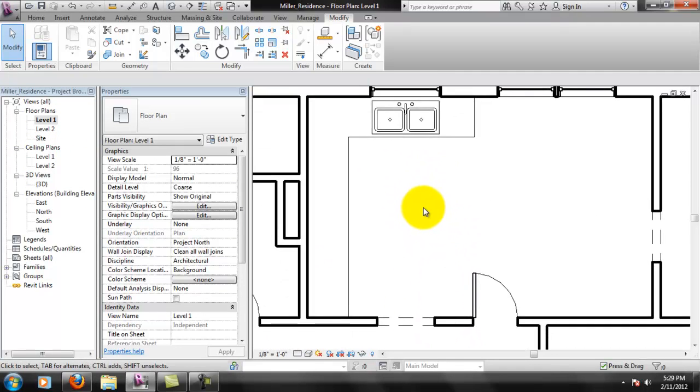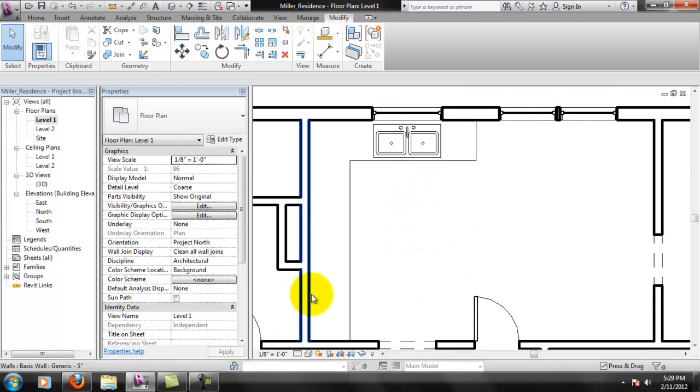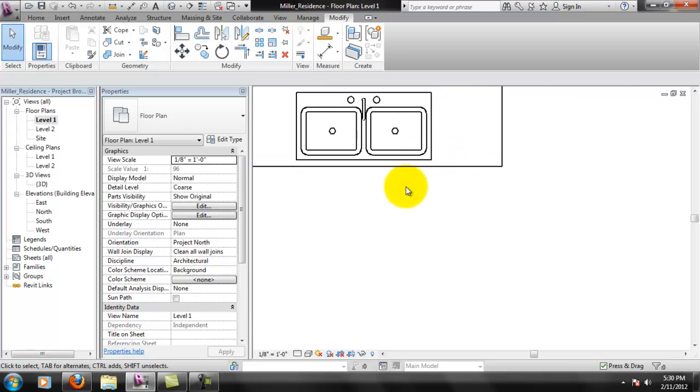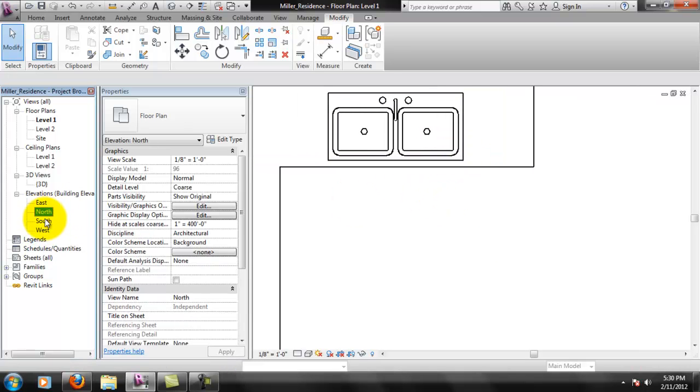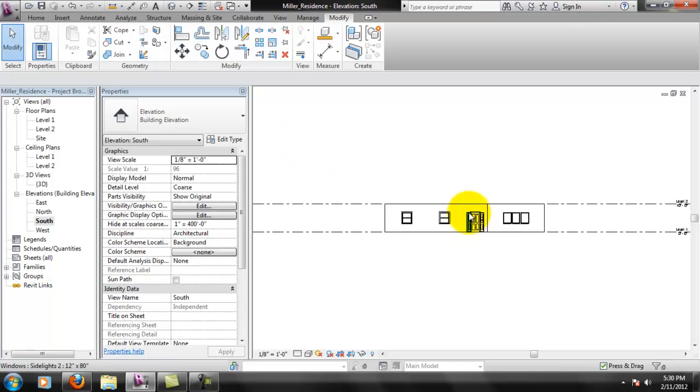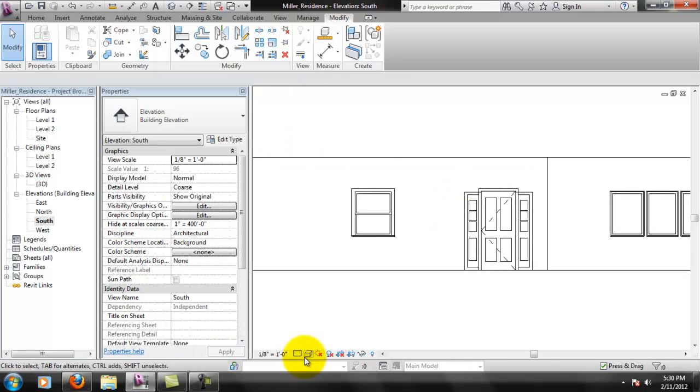Now I'm not actually going to go through creating the doors on the cabinet. If you were going to model, I'm sure you could figure out that you just need to do extrusions on that face, the thickness of the doors. But for time's sake, I'm going to go to a south elevation. I can't do all of the doors. I think once you see how you do a couple. All